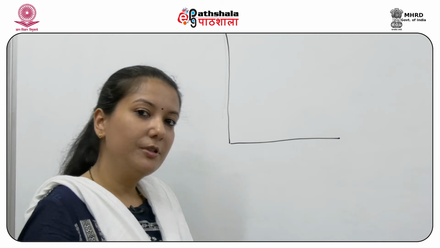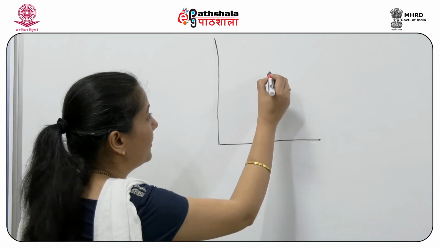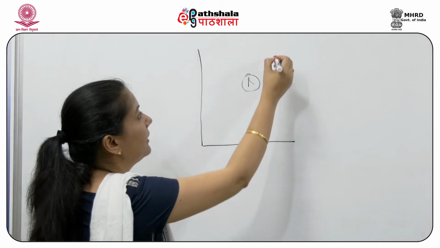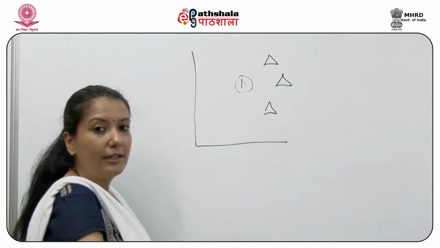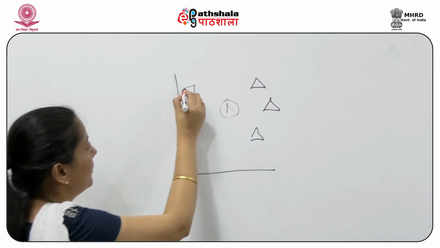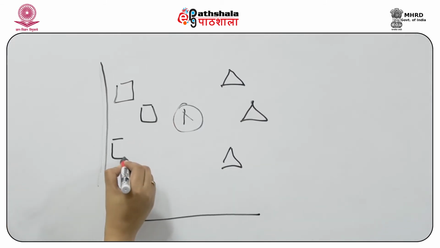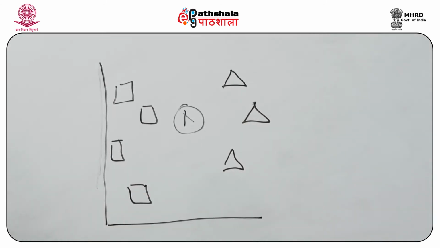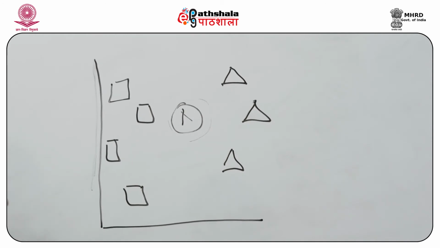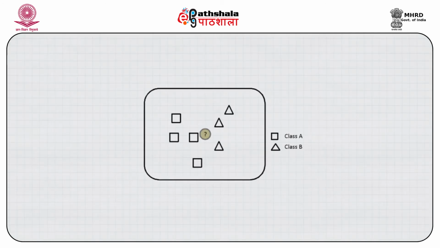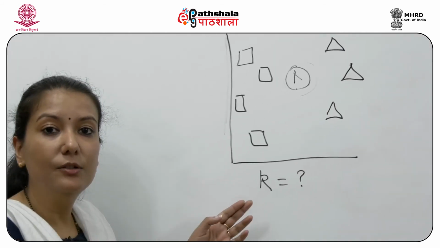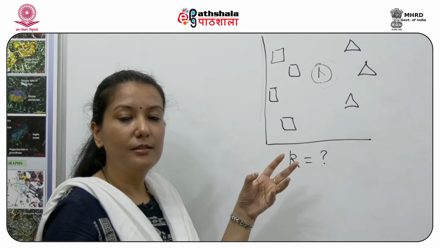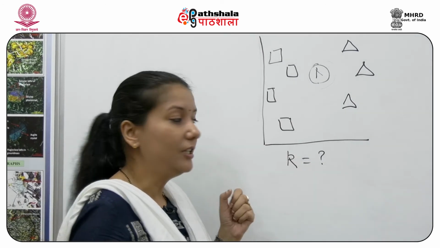So in the nearest neighbor approach, what do we do? Suppose we have an unidentified pixel here and we have 3 identified pixels here belonging to one class, and we have 4 pixels belonging to another class here. So where would we identify this pixel? In the nearest neighbor approach, we need to tell the system how many k values we are supposed to give. What is a k value? K value is the number of nearest pixels to be considered.